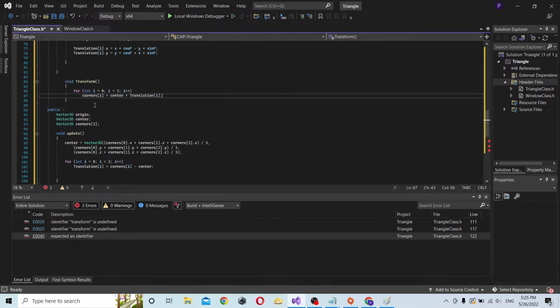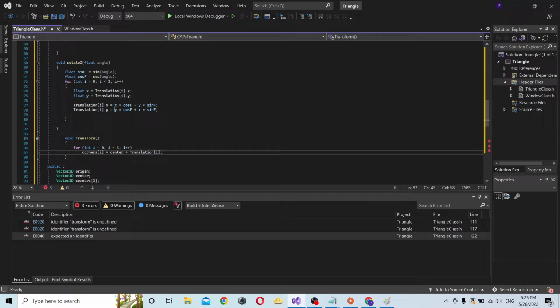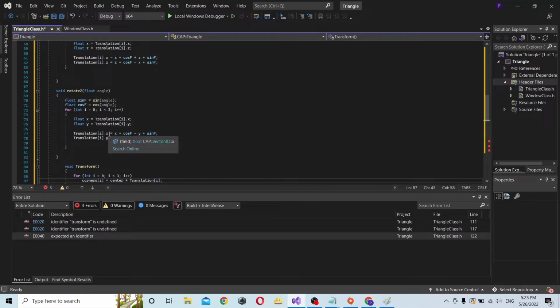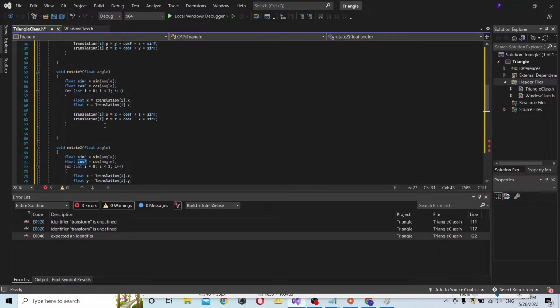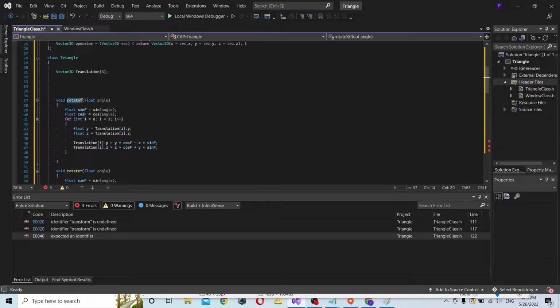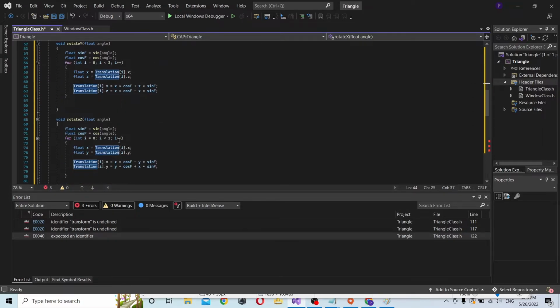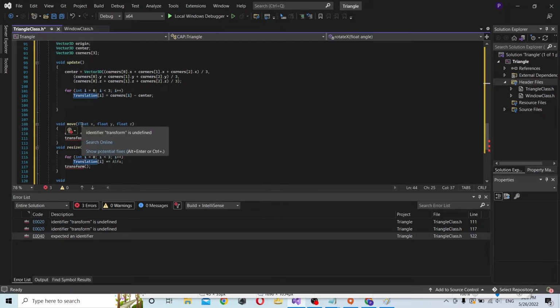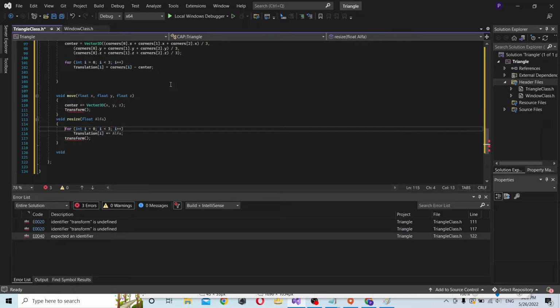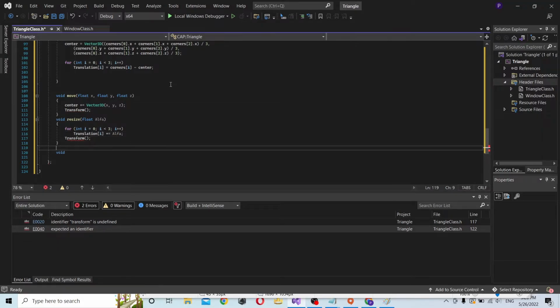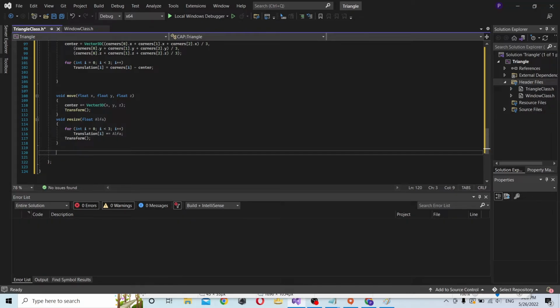Corners, corners. Now, this is the translation. So we're not moving the point here. We're moving its translation around the X and Y axis. The rotation on the X means the plane X, so we're not including X here. We're moving Y and Z, and transform. Okay. Transform, transform. And right here, we're gonna have the